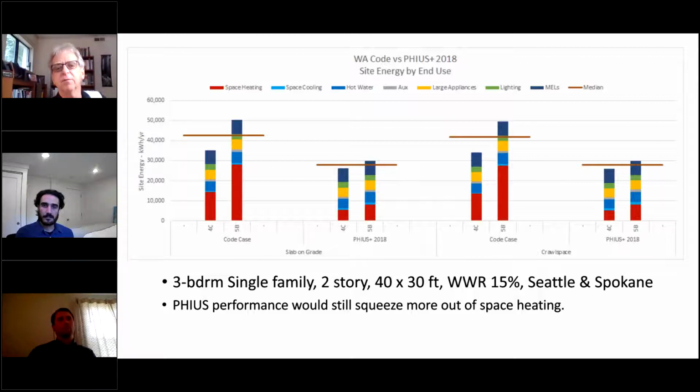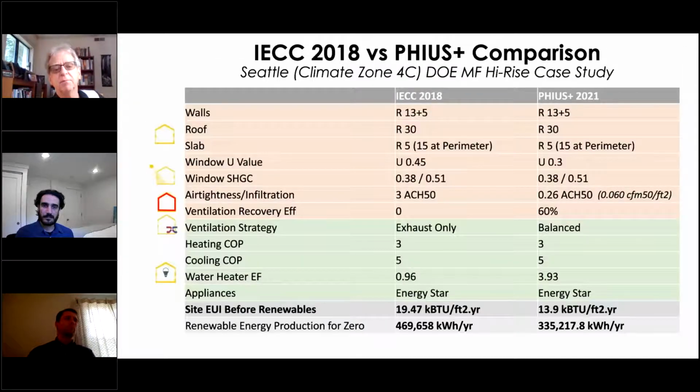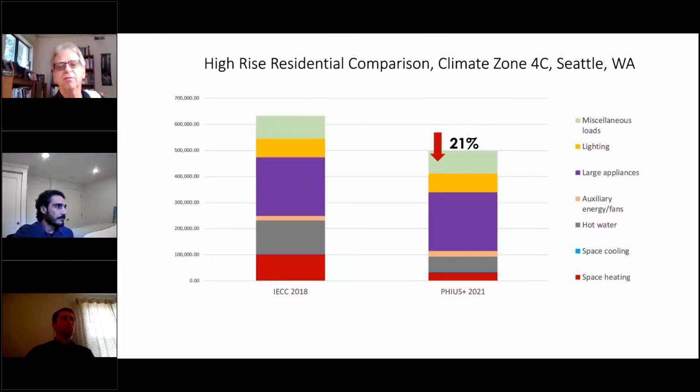Very, very similar amount of reduction. If you look at the bottom line on this, you get down to this lower EUI, dramatically lower, getting you to where your renewable energy production is 35 or 40% lower than it would have been with a code minimum. It is code minimum that we have, not a maximum,